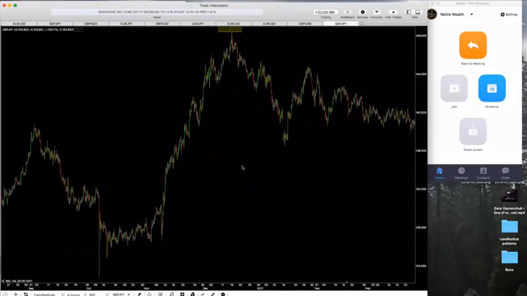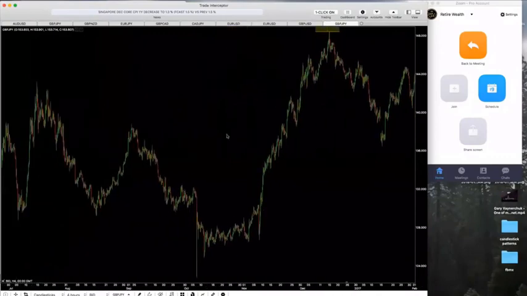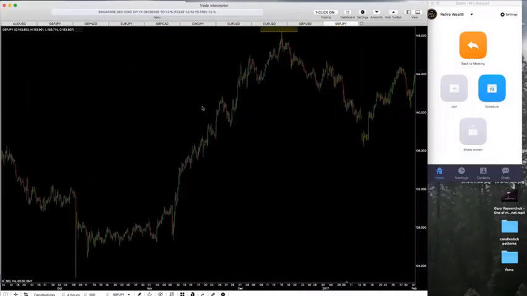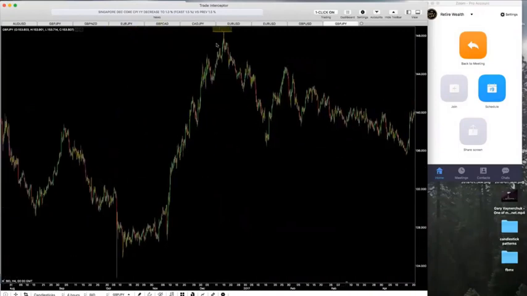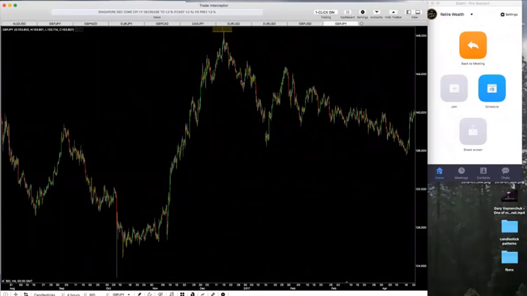Now, there's a couple things that you guys would need to know getting into a head and shoulders pattern, and one is how to actually spot it. You would typically see head and shoulders patterns at a market high point, a swing high, where the market is in a strong rally, meaning that the market is going up, but then the market would break market structure, and that would cause the head and shoulders pattern.